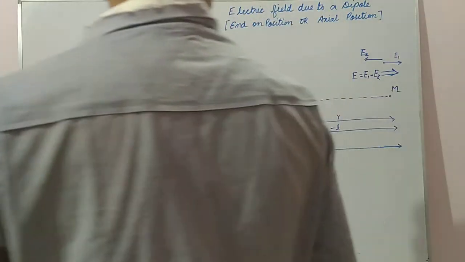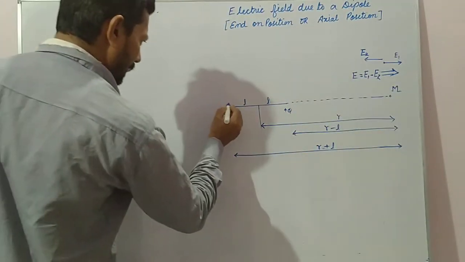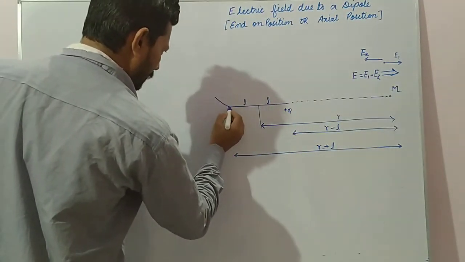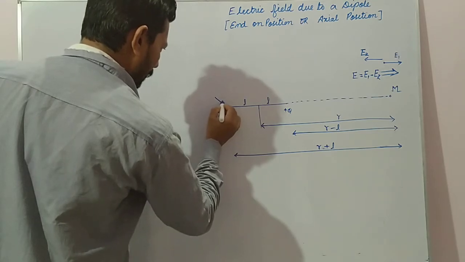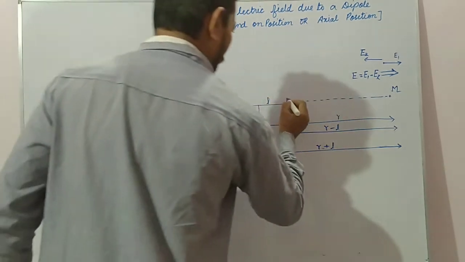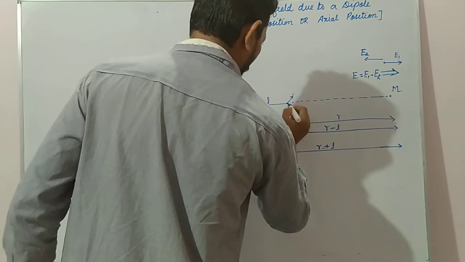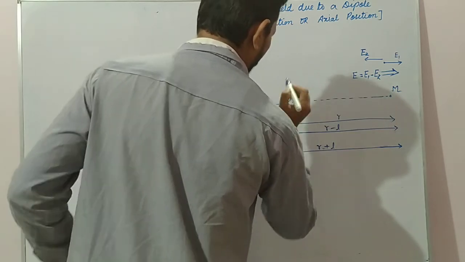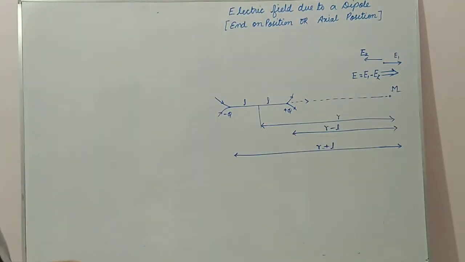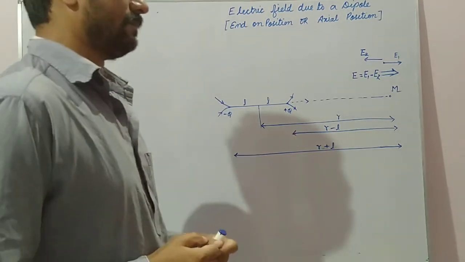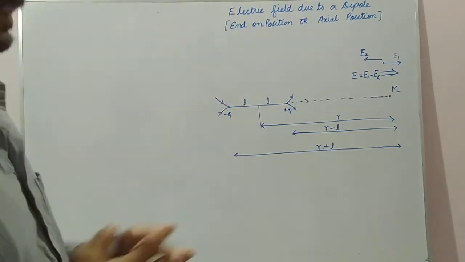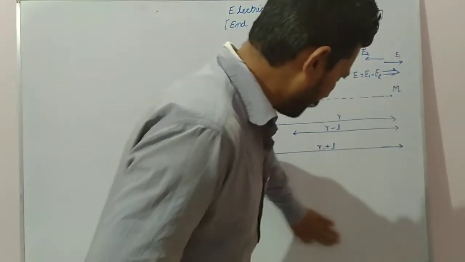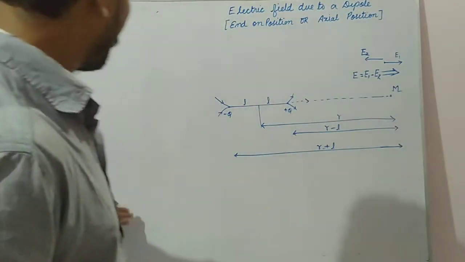Okay. So first of all, we will make the diagram. One more additional diagram. This is the negative charge. The field lines are going inside. Here, positive charge field lines are going out. Now see, this diagram is very much important. First of all, you will make the diagram. The diagram should be clear.